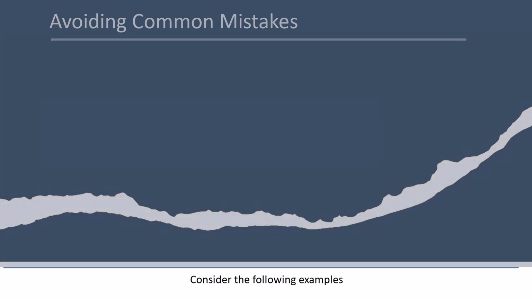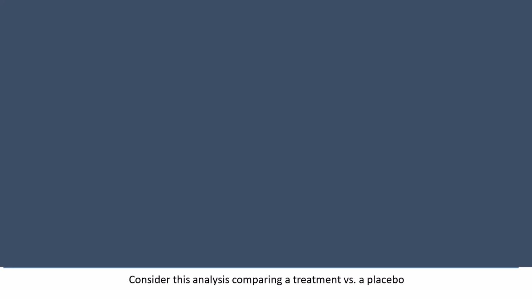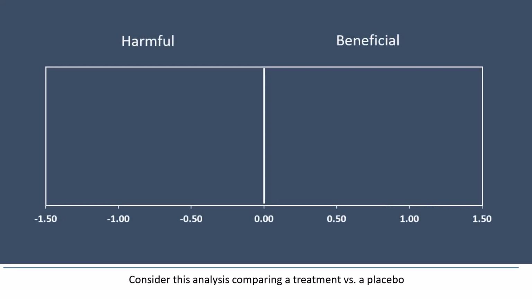Consider the following examples. Consider this analysis comparing a treatment versus a placebo. An effect size of 0 means that the treatment had no effect. Anything to the right of 0 indicates that the treatment is helpful, and anything to the left of 0 indicates that the treatment is harmful. An effect size in this range would be considered trivial. An effect size in this range would be clinically useful but moderate,